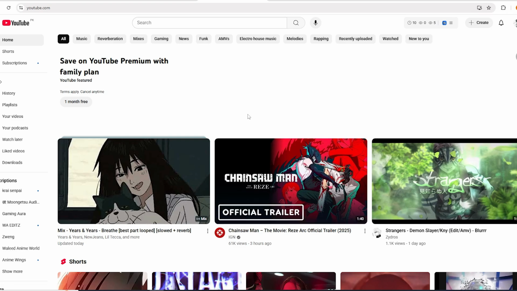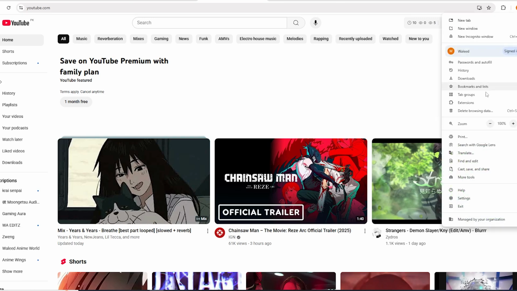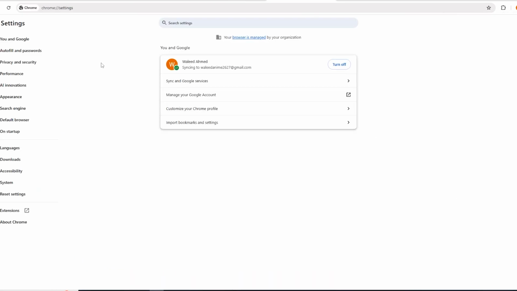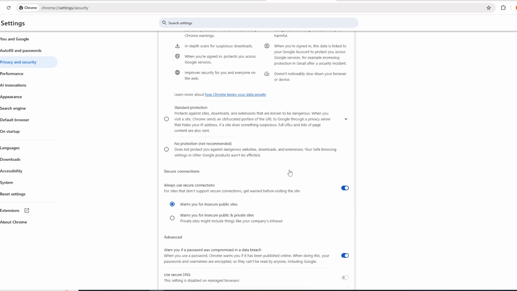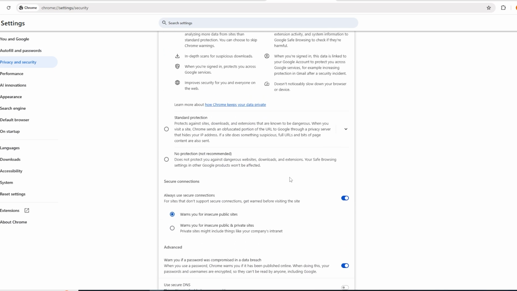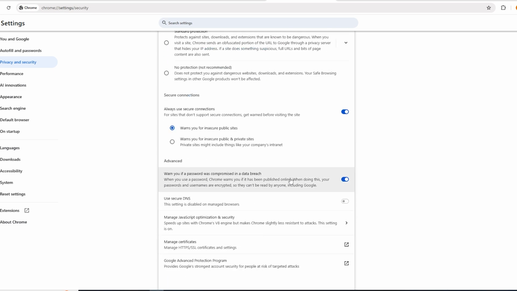In the top right corner of Google Chrome, click the three dots, then select Settings from the drop-down menu. On the left sidebar, choose Privacy and Security, and once that page opens, scroll down and select Security, Safe Browsing at the bottom. On this page, keep scrolling until you reach the Advanced section, where you'll see the option Use